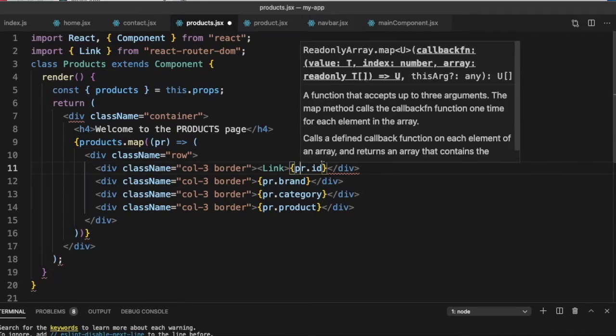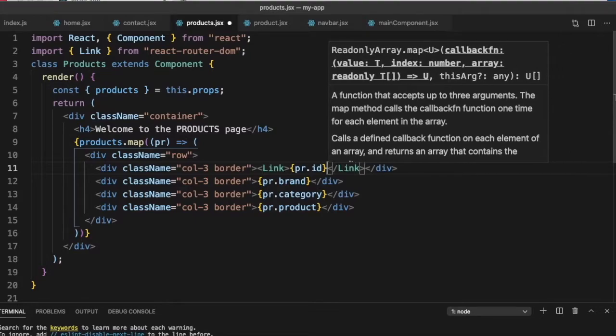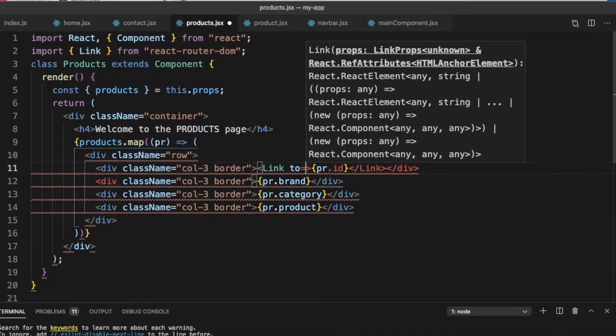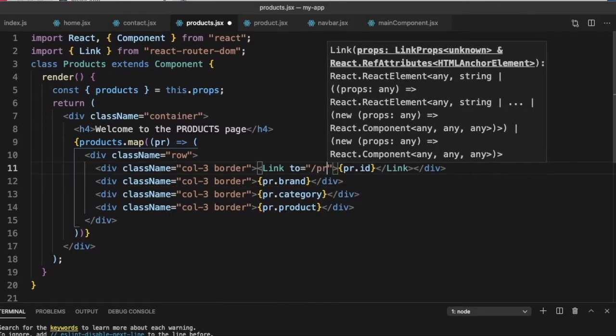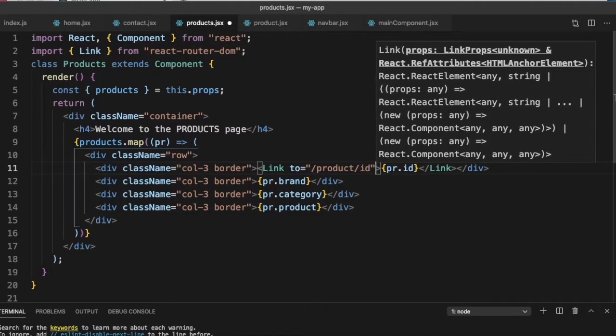Within the Link, this is the text we will display. And what do we need to do? We need to specify the to. So the to should actually be equal to slash product and the id, whatever is the id, which is pr.id.